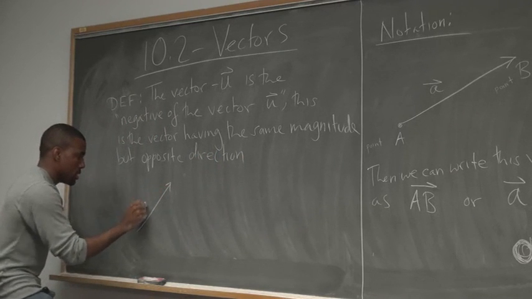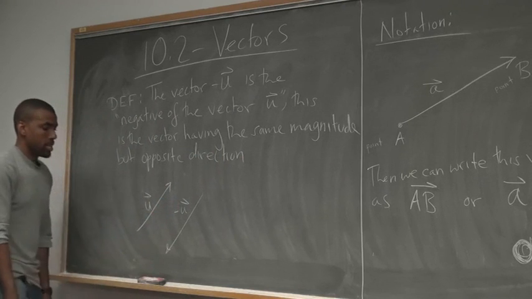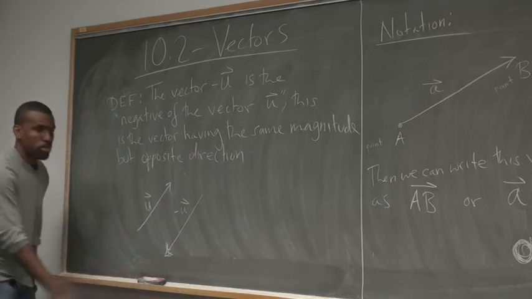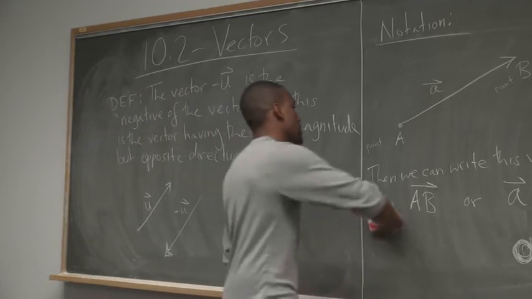So if your u looks like this, your minus u is going to look like that. Exactly the same magnitude, except the initial and terminal points are switched. You go in the opposite way. Now to subtract two vectors,